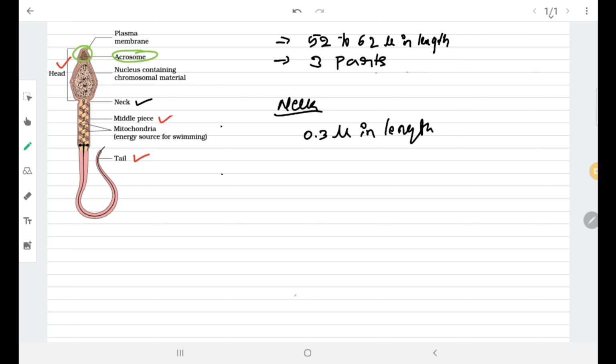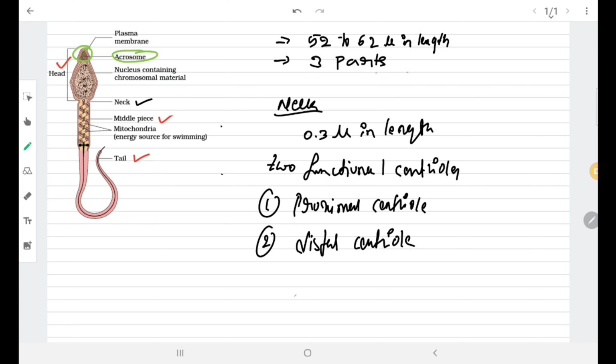It contains two functional centrioles, which are known as the proximal centriole, and the second one is known as the distal centriole. These two are the link between the head and the middle piece, and